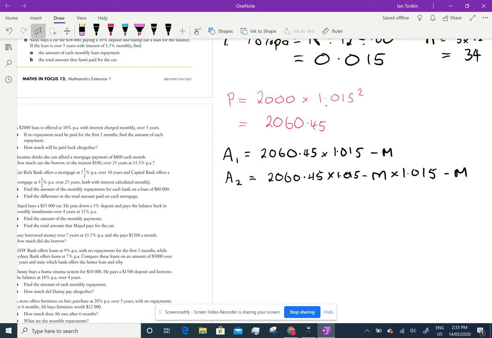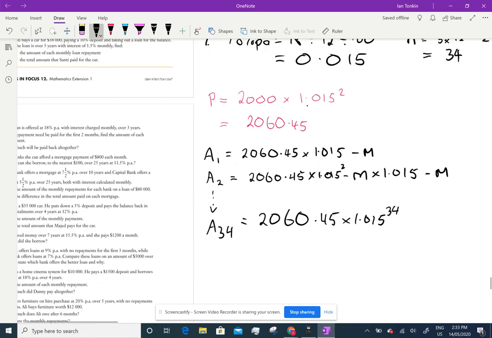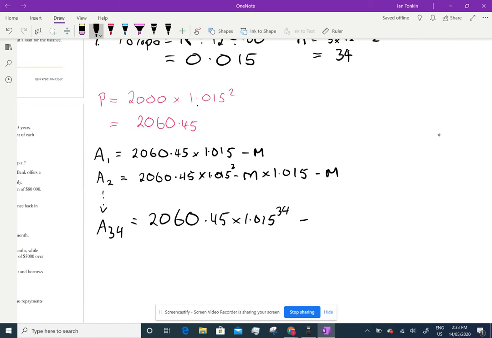Now, I'm going to have all the way to A34, which is going to be 2060.45 times 1.015. Oh, sorry, and that should have been squared up there. 1.015 to the 34 minus m